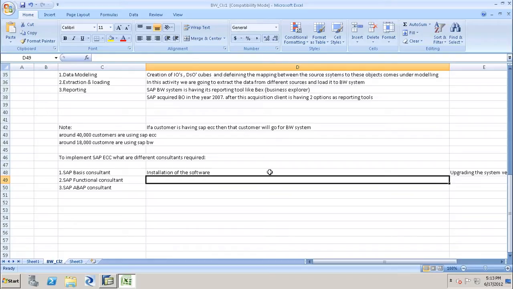So there will be n number of functional consultants who are going to work in SAP ECC. Say for example, an SAP SD consultant is going to configure SD related configuration in SAP ECC, sales and distribution. There will be another SAP MM consultant. Like that, there will be different functional consultants for each and every business process to configure existing business in SAP ECC. So that means the very critical role to make a project successful